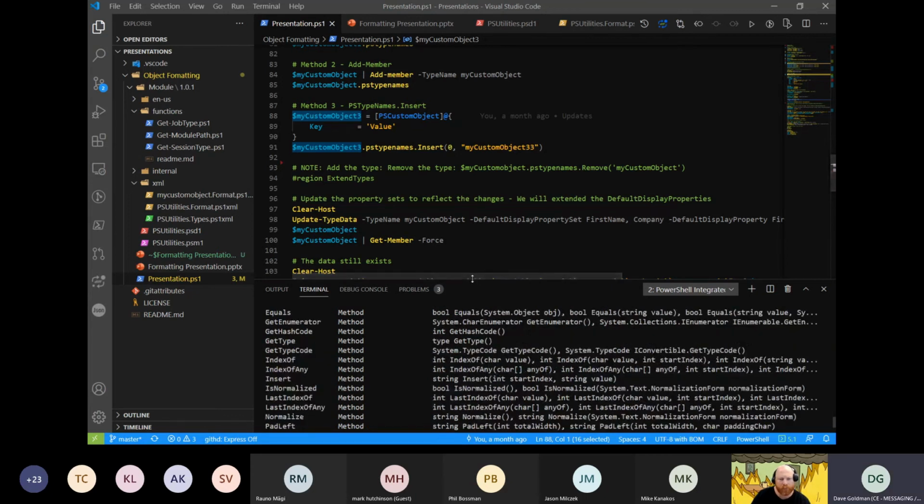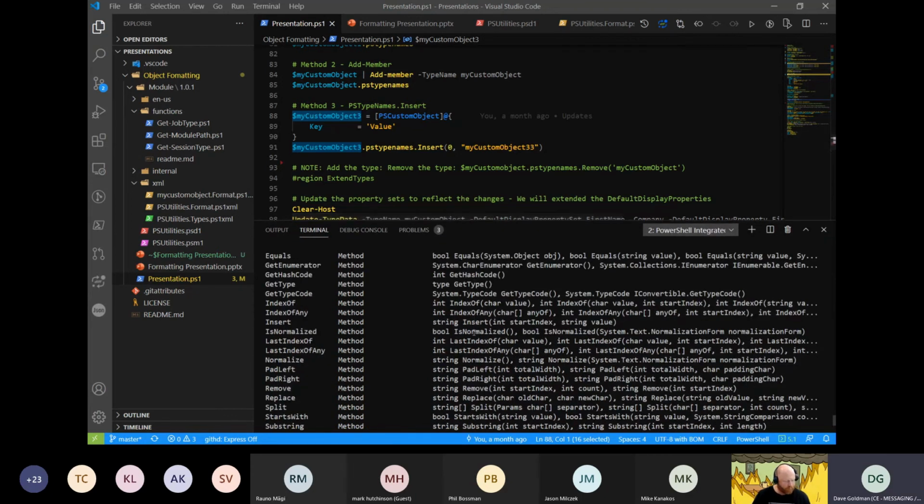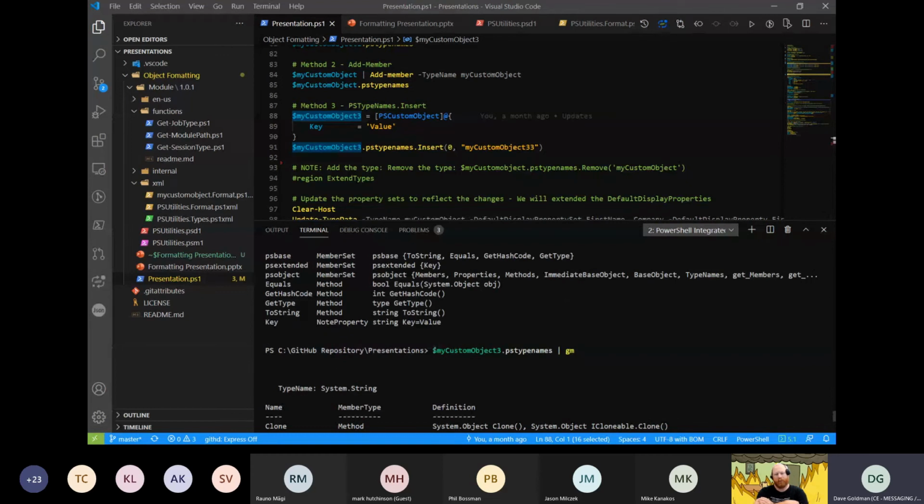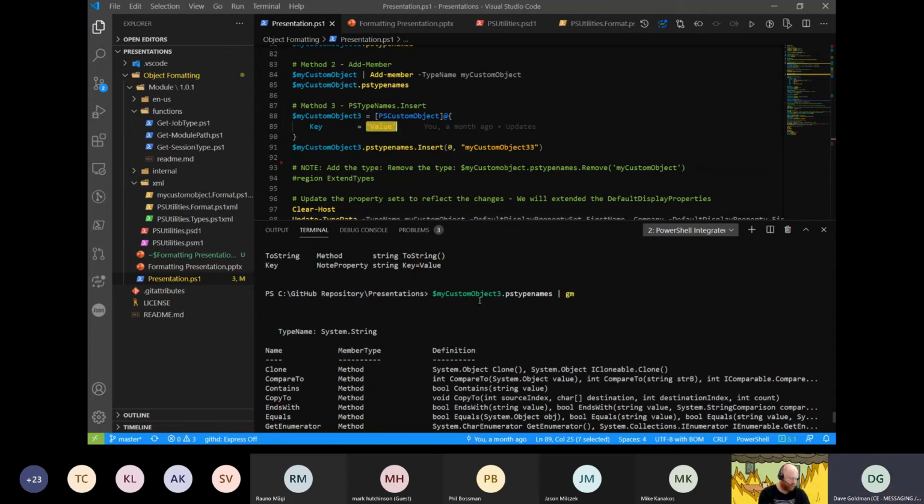Okay, so what I did, and I'll go back to this, I dumped out my custom object 3. You'll notice my custom object only contains a key and a value. I subreference the PS type names, and I also pass that to get member.